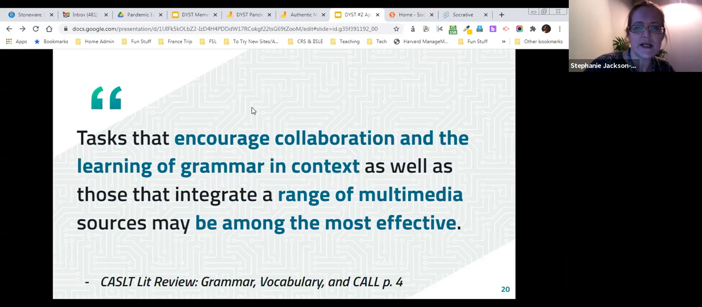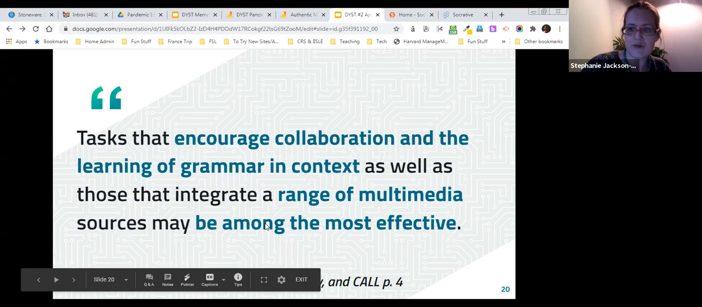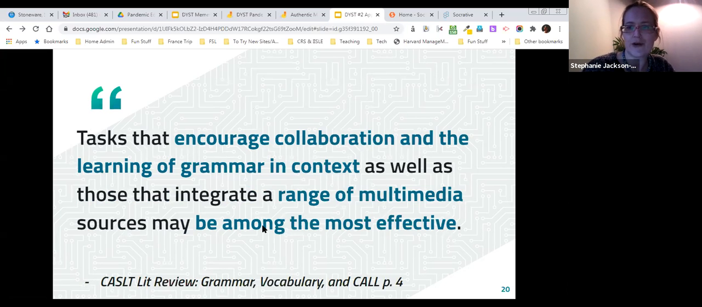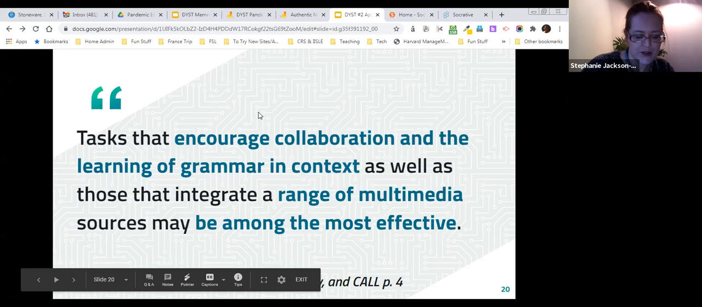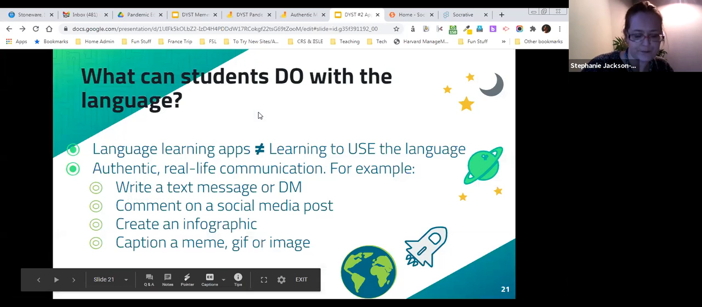And also tasks that encourage collaboration and learning grammar in context are going to be a lot more effective at teaching our students how to use the language than working on grammar and vocabulary in isolation. And so also bringing in this range of multimedia is not only going to interest our students more, but the research is showing that that's going to lead to better learning outcomes for our students. So with that in mind,